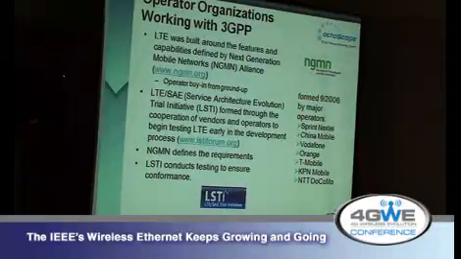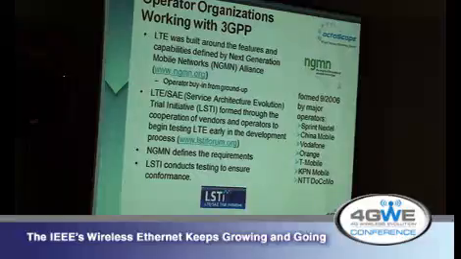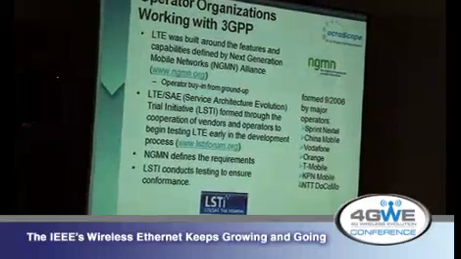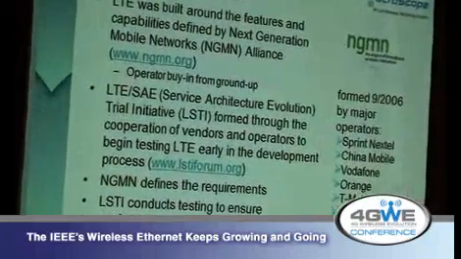So the way 3GPP works is a little different from IEEE. IEEE has evolved to have very stringent participation rules and voting rules, and for that reason, standards can take a long time to be developed under IEEE, but they're very thorough. In 3GPP, there is a lot of influence that comes from the operators. NGMN, Next Generation Mobile Networks, is essentially an organization of key operators, and they come together and define high-level requirements for 3GPP to then go off and do detailed standards.